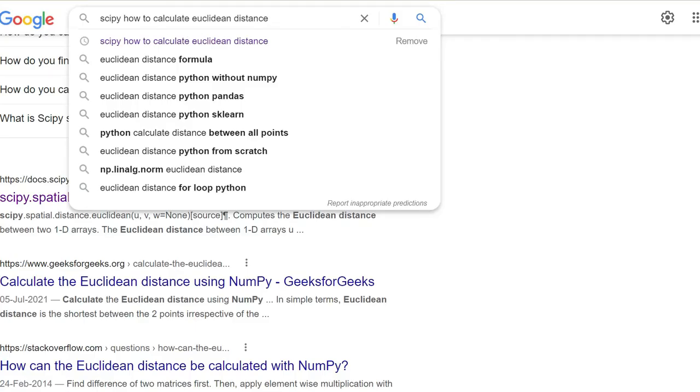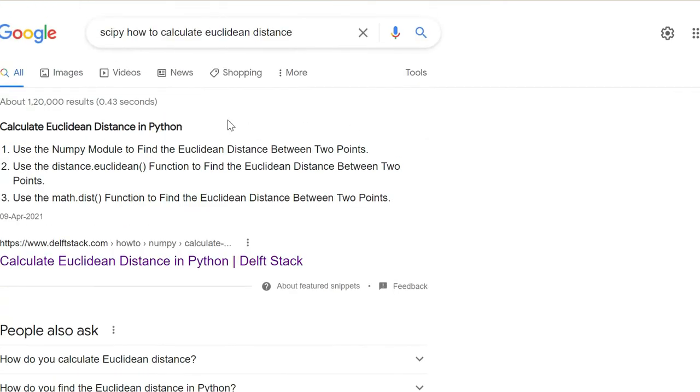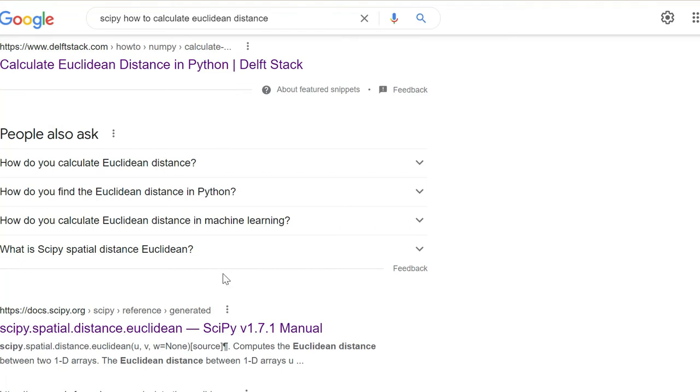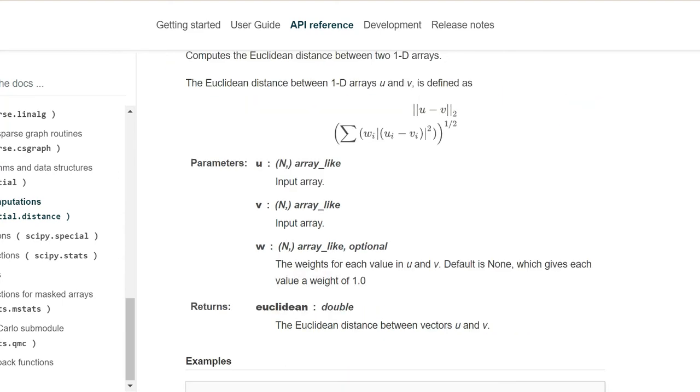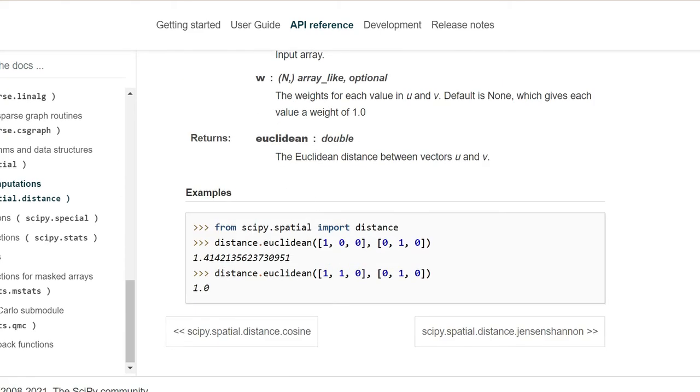Okay, there is already a method in the SciPy library which is given to us to calculate this Euclidean distance. We just Google how to calculate the Euclidean distance, and this is the function we get. If we browse through this function, this is the example given on how to calculate. First we import distance from this library, and then we say distance dot euclidean and pass 2 points to it. Then it will calculate the distance and print it out like this. This is what we are going to do right now.